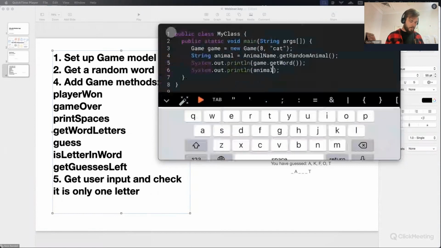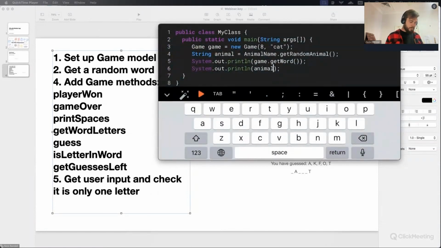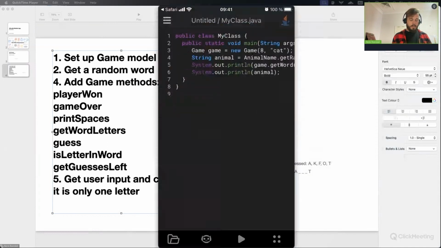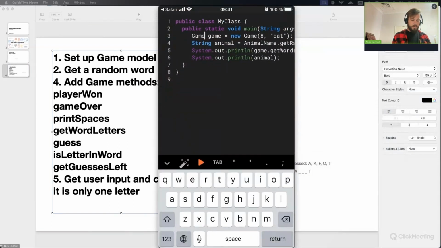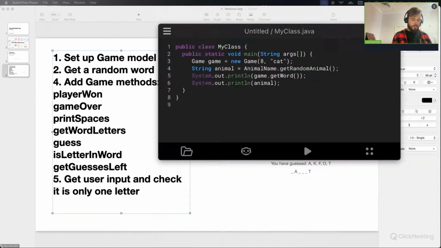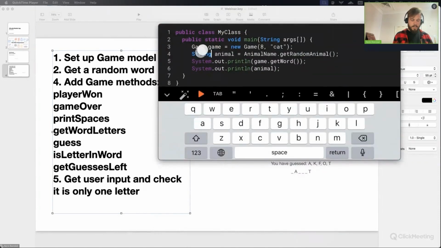Great. Okay, so obviously we want that to be the animal that the program is going to be using as the word we have to guess, the user has to guess. So I'm gonna flip back over. I'm gonna get that line here,